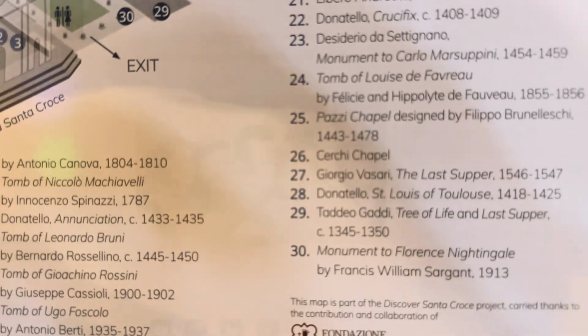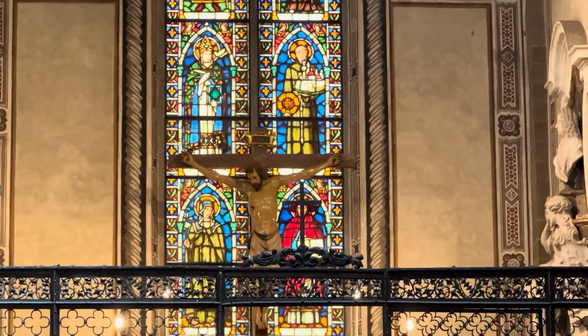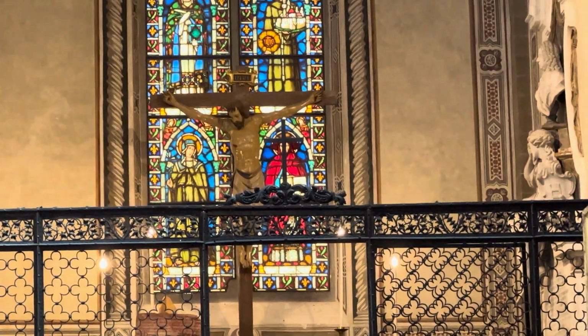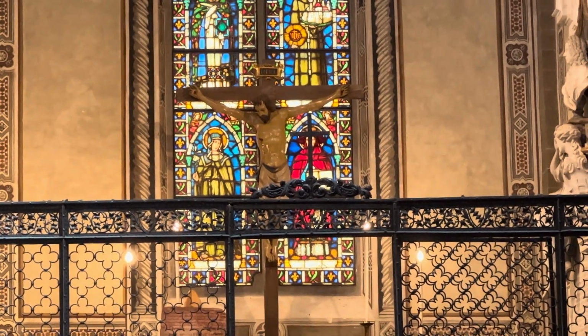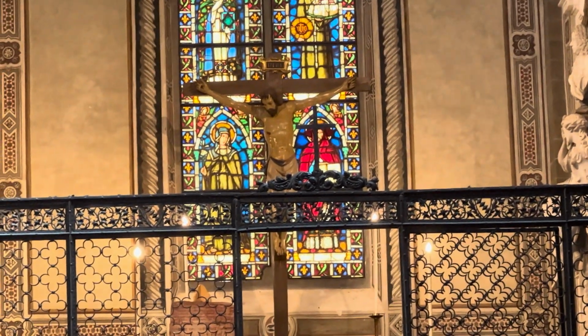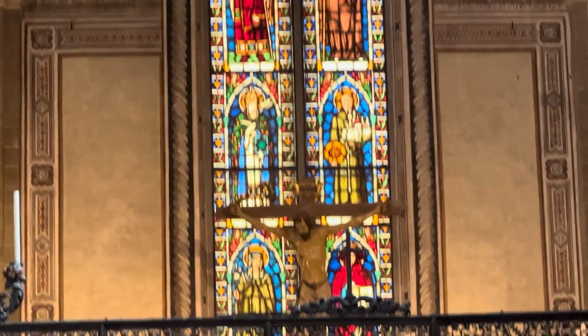All right, let's go find these things. This isn't so easy to see since it's behind a gate. I mean, the gate's open, but there's still a gate. It's a crucifix by the artist Donatello. Love that stained glass behind it. And if you go up some more,